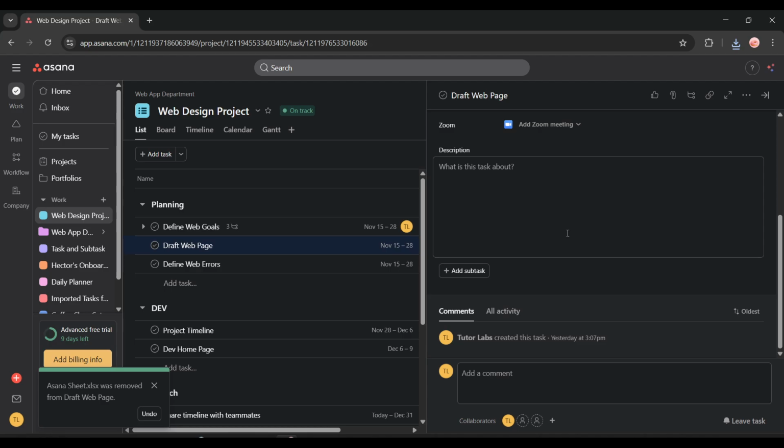And that's how you effectively manage files and attachments in Asana, keeping your projects organized and your team's resources